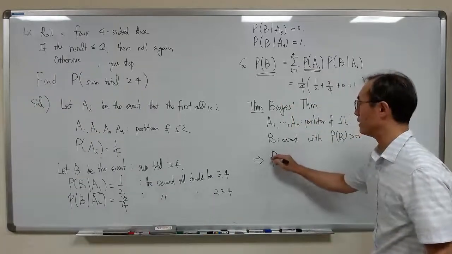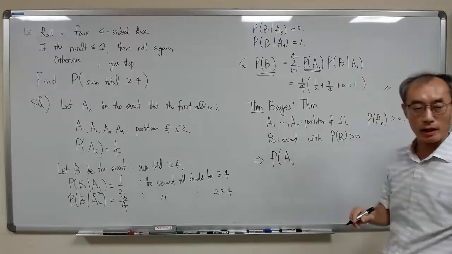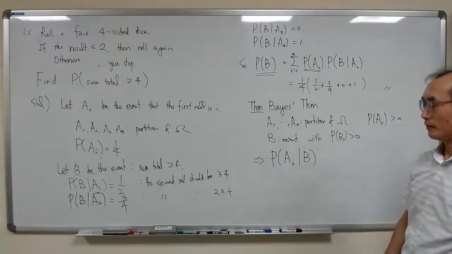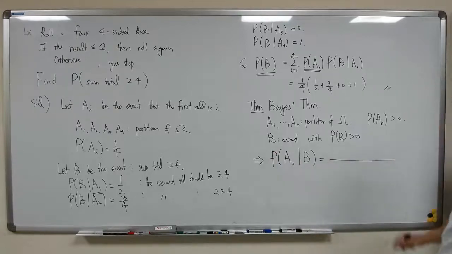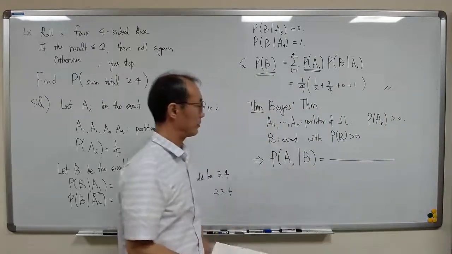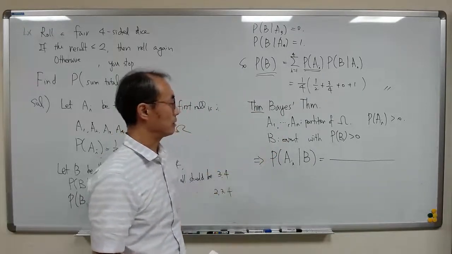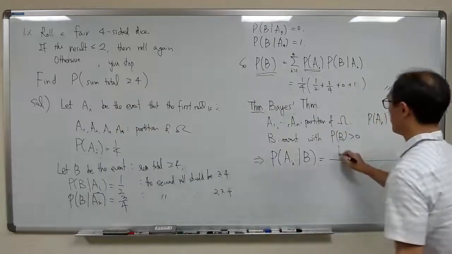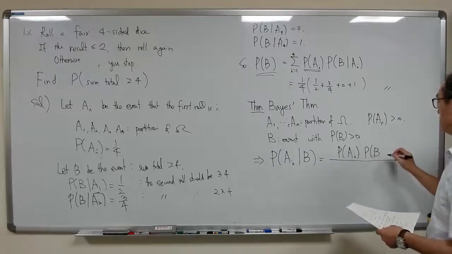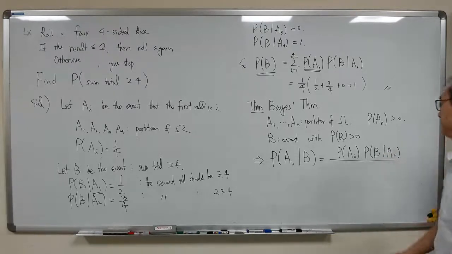Here, we are interested in the probability of a partition, one of them, for example Ai, given another event B. This rule gives us the way to compute this type of probability: the probability of an individual element of the partition given another event B. This is obtained by the probability of Ai times the probability of B given Ai,